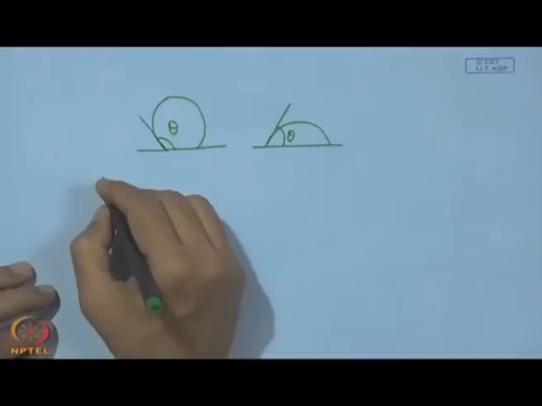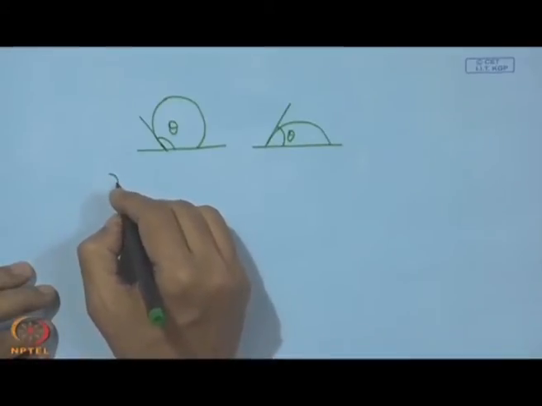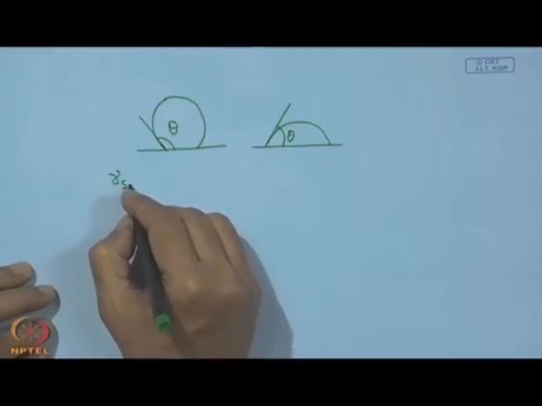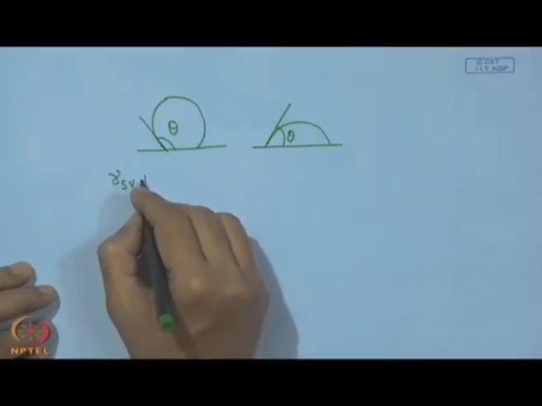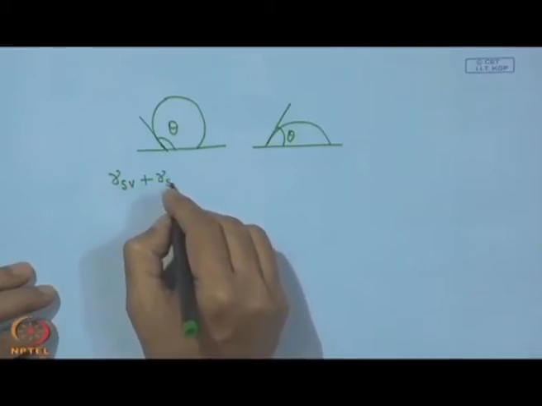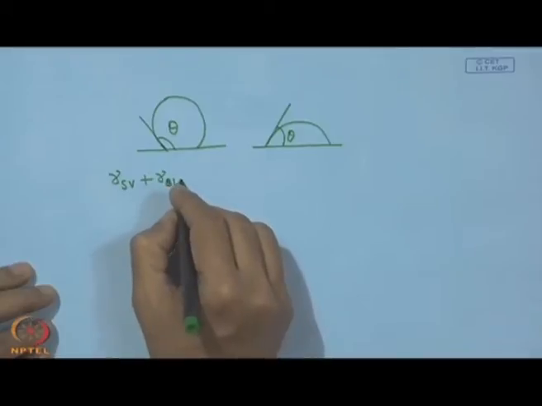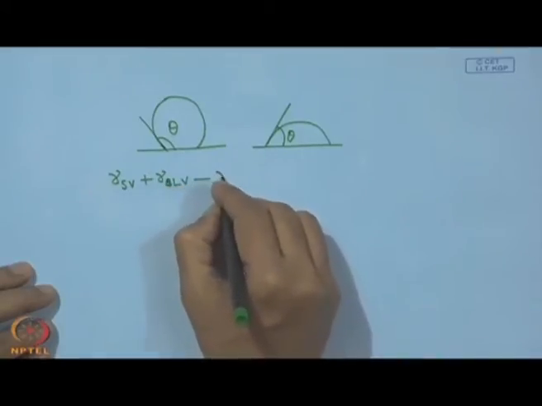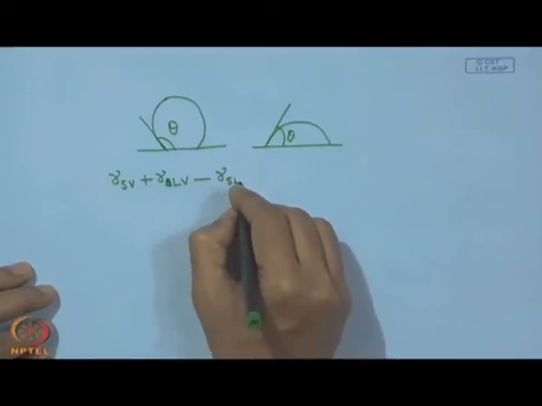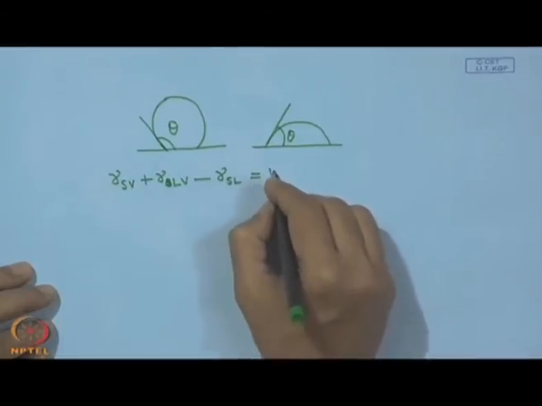This can be expressed this way. So, we can have gamma SV plus gamma LV minus gamma SL,